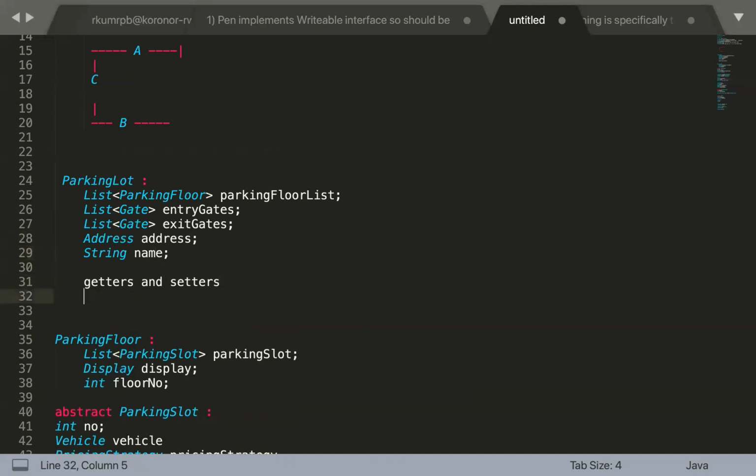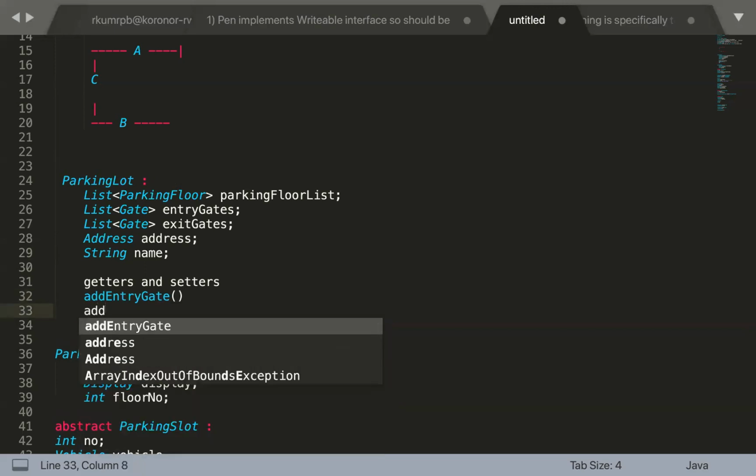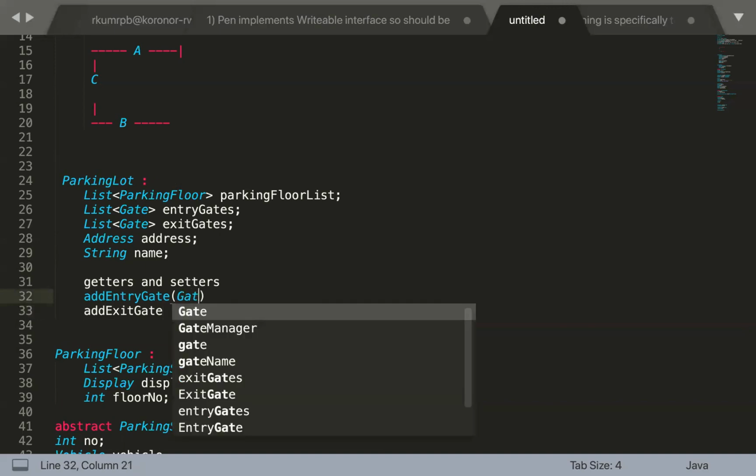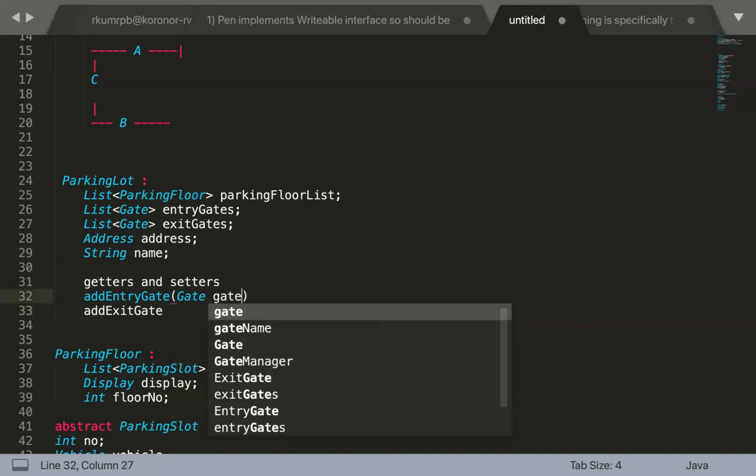उसके बाद you should have an add gate that will add the parking gate. So probably this method will be add entry gate, and add exit gate. Parameter will be gate.